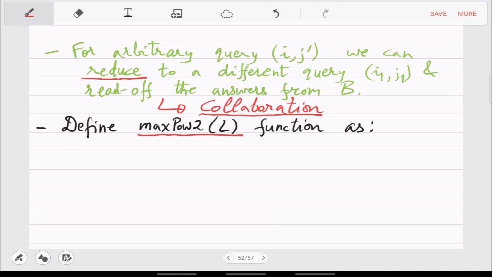For a number L, this max power of 2 of L function will return the maximum power of 2 which is just below L. So this equals 2 raised to k, such that 2 raised to k is less than or equal to L, which is less than 2 raised to k plus 1.